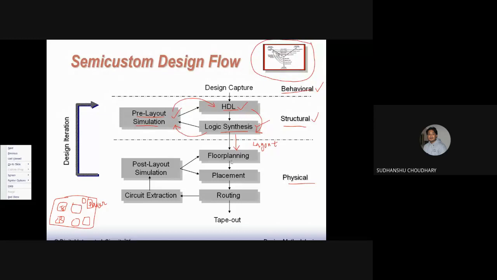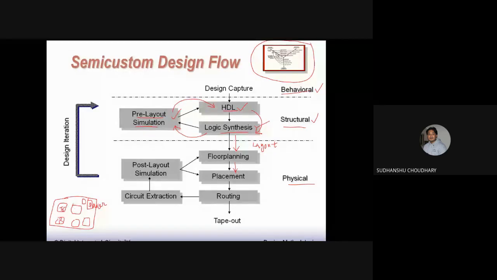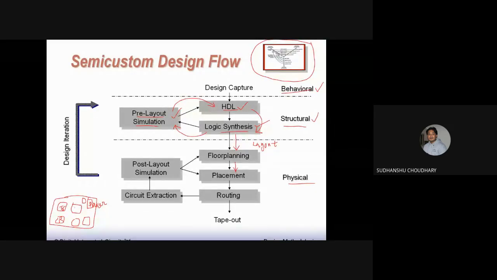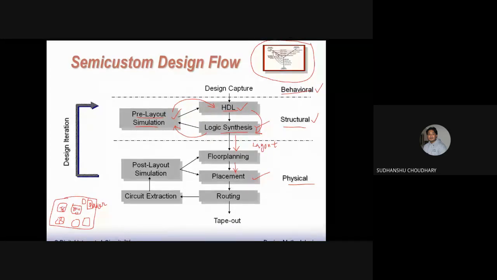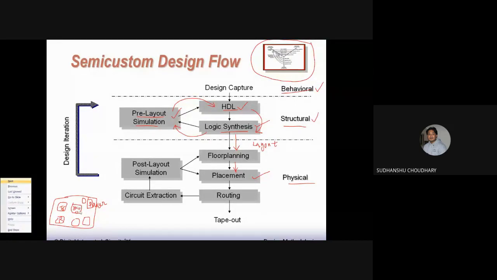Then after floor planning, you come on to this placement, that is, placement of cells within the modules, right? So these are the modules here. So these modules also have cells, that is, gates. So the placement of gates or cells within these modules, that decision has to be taken in this placement section, right? Then after placing everything, inside the module also you have to do routing. That is, in this module also one has to do routing or connecting the cells inside the module.